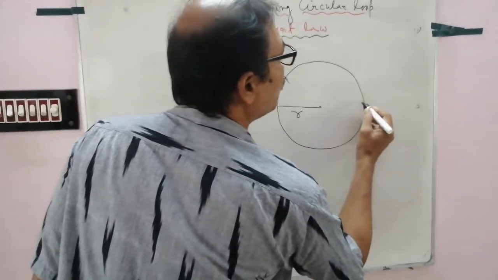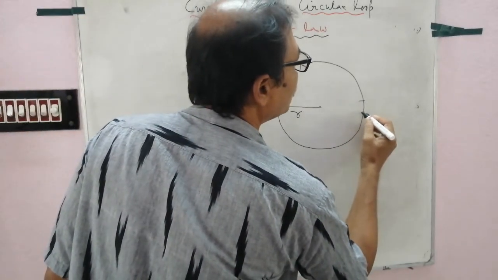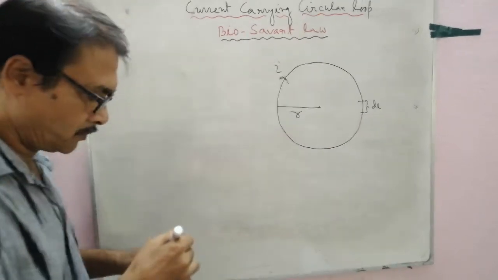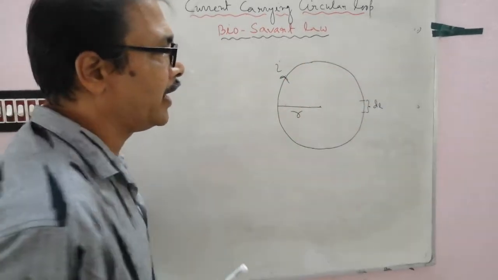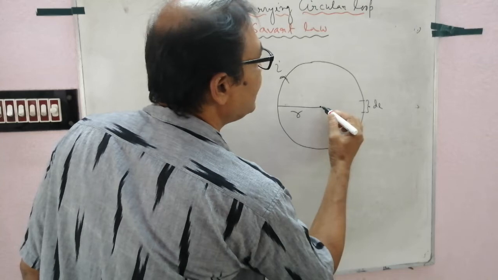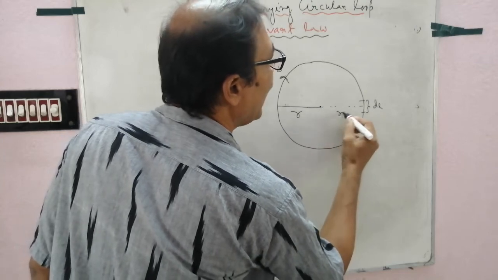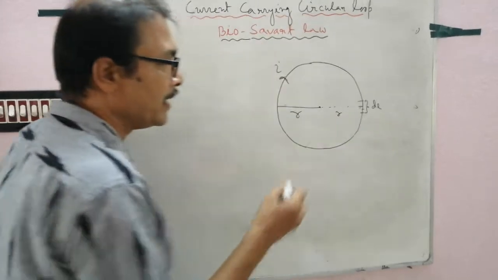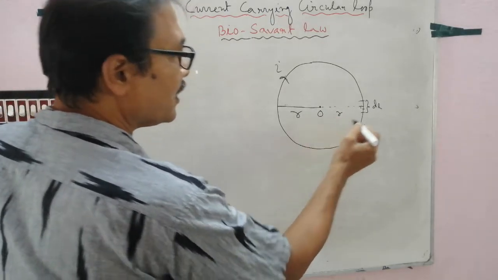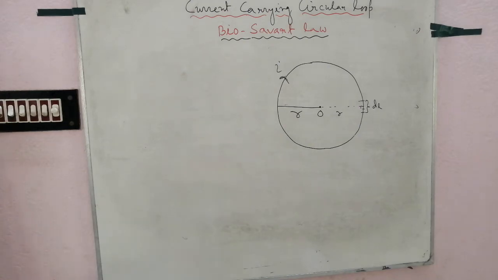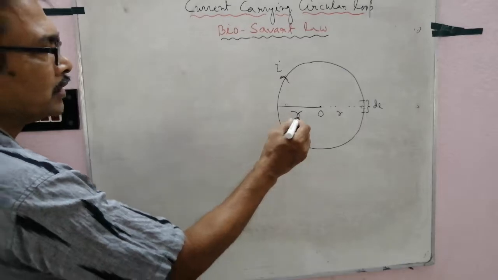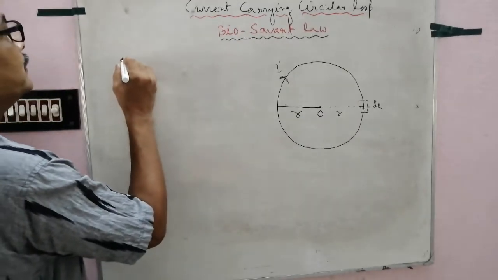Now a small portion of the wire, dl, and the field at the center, this distance R, this angle 90 degree. The angle between R and dl is 90 degree. Clear? 90 degree. So the magnetic field,